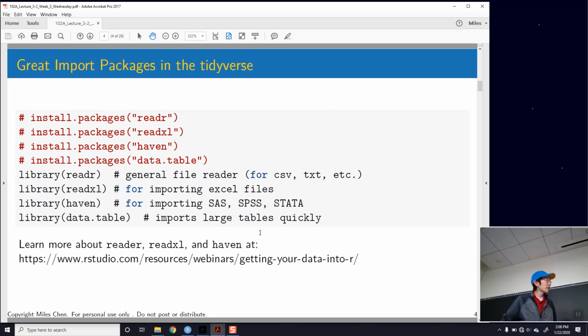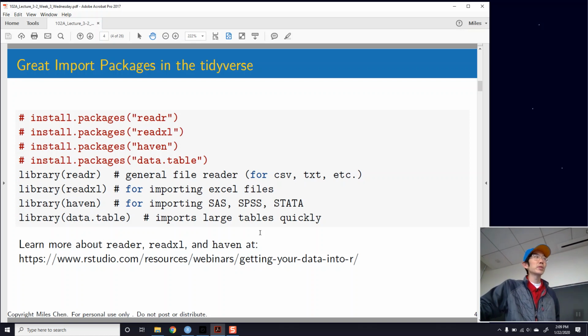Okay, the tidyverse. I'm a big fan of the tidyverse set of packages. That's basically RStudio and Hadley Wickham. They've created a whole set of packages that work with what we call tidy data, and we'll spend Friday going over tidy data and making your data tidy. And so there's a series of packages. Technically data.table is not part of the tidyverse, but readr, readxl, and haven are. readr is